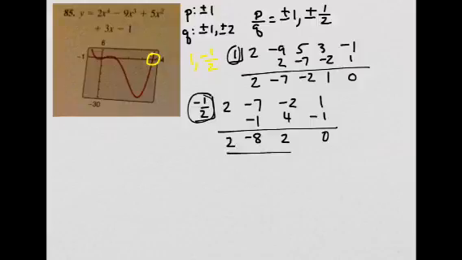So now I have this left. So this is 2x squared minus 8x plus 2. And it doesn't factor. 2 times 2 is 4. There are no factors of 4 that add up to negative 8. Okay, so when that fails, we go to our reliable quadratic formula. So that's going to be negative b